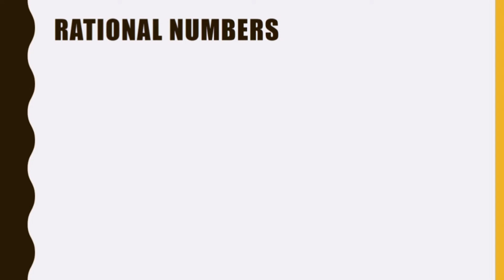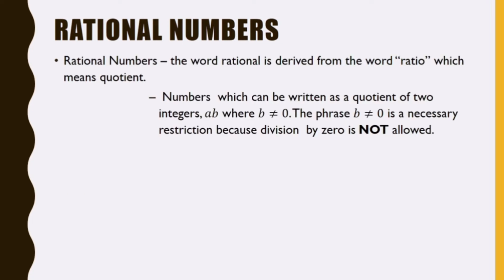So let's talk about rational numbers. Fraction is a rational number. So rational numbers, the word rational is derived from the word ratio, which means quotient. Rational numbers are numbers which can be written as a quotient of two integers, a/b, where b must not be equal to 0. The phrase b must not be equal to 0 is a necessary restriction because division by 0